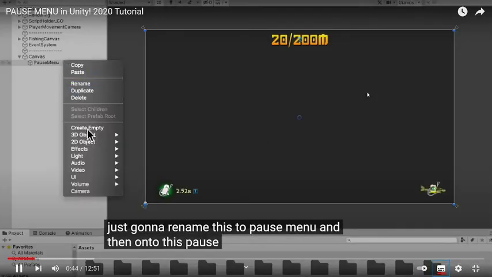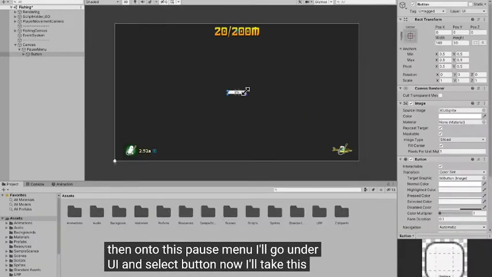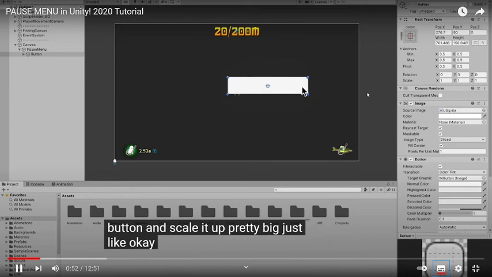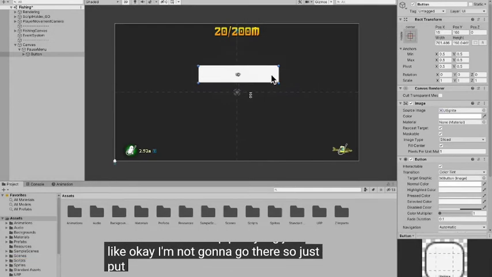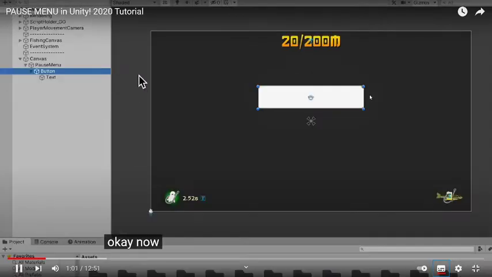And then onto this pause menu, I'll go under UI and select button. And now I'll take this button and scale it up pretty big. So just put it down in the middle. Now go under